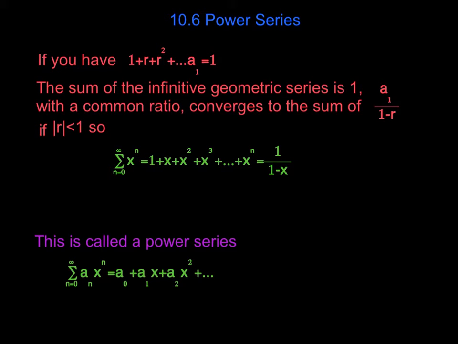10.6 power series. This is the last in our sequences and series. If you have the sum of an infinite geometric series, 1 plus r plus r squared, and so on, with a common ratio, it converges to the sum of a sub 1 over 1 minus r. We found when we did geometric series that if it's infinite, the sum is a sub 1 over 1 minus r, and if the absolute value of r is less than 1, then